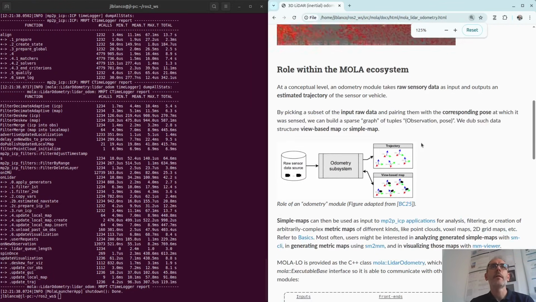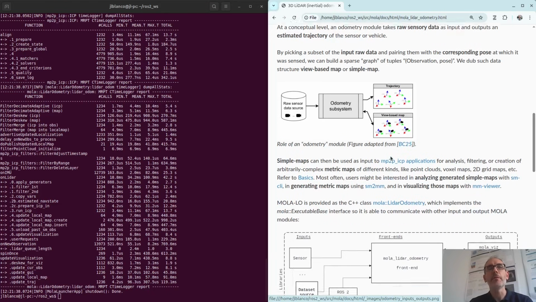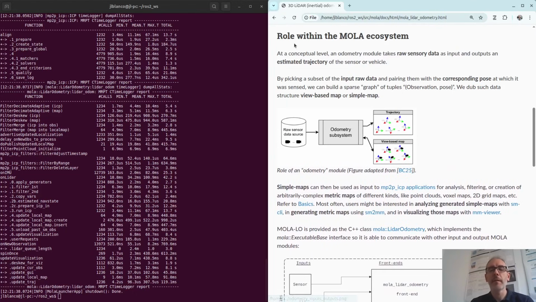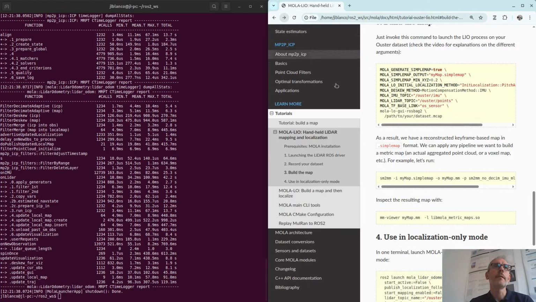The actual inertial odometry itself takes the raw sensor data and produces a trajectory and the simple map. And then later, we can use these simple maps to build the metric maps using a different program. This program is the SM2MM. The name comes from simple map to metric map.